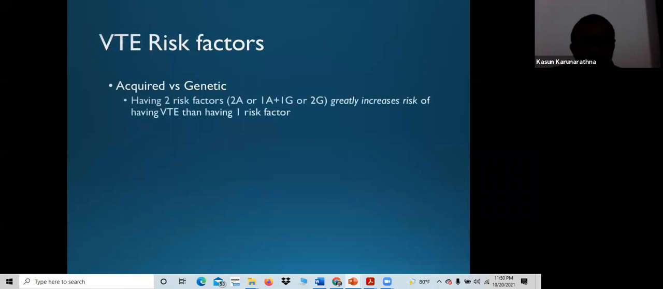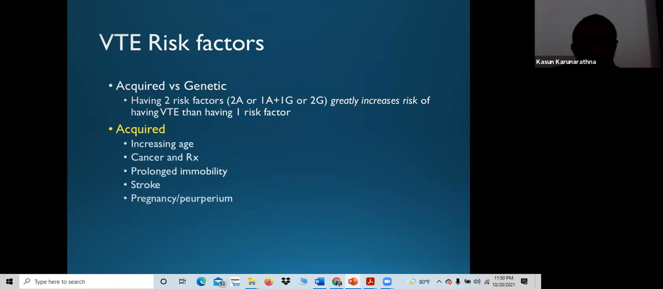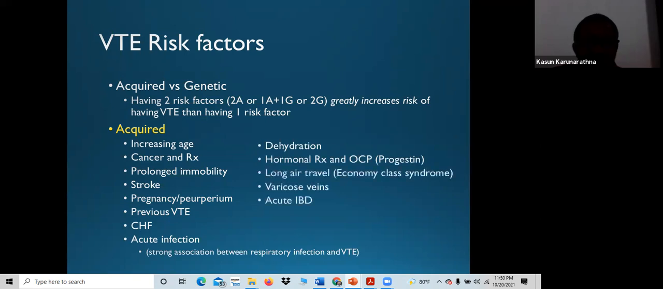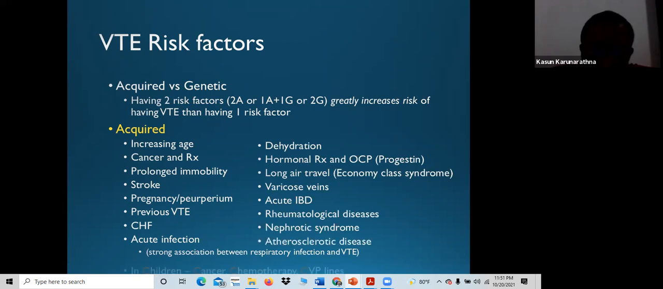Risk factors, acquired versus genetic. Acquired: increased age, cancer, prolonged immobility, stroke, pregnancy, postpartum, previous thromboembolism, congestive heart failure, acute infection. Dehydration, hormonal treatment, OCP, long haul travel. Varicose veins as a risk factor, acute inflammatory bowel disease, rheumatological disease, nephrotic syndrome. It is again a hypercoagulable state. Atherosclerotic disease. In children, cancer and